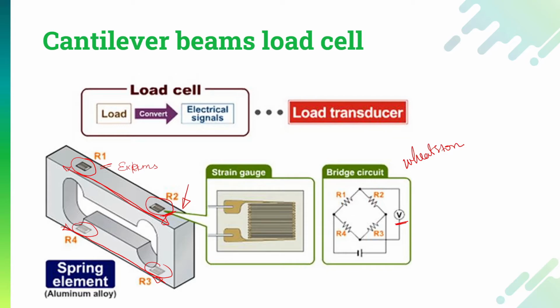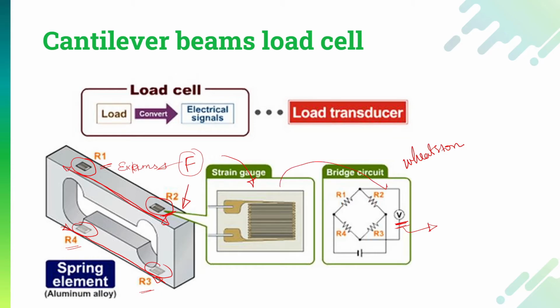The lower R4 and R3, the lower strain gauges will be subjected to the contraction, and ultimately they all are connected to the Wheatstone bridge circuit, and whatever the output that I am getting in the Wheatstone bridge circuit will basically show me how much force I have applied. So first of all, force will be converted to the expansion or say contraction. That expansion and contraction will be converted into the change in the resistance,